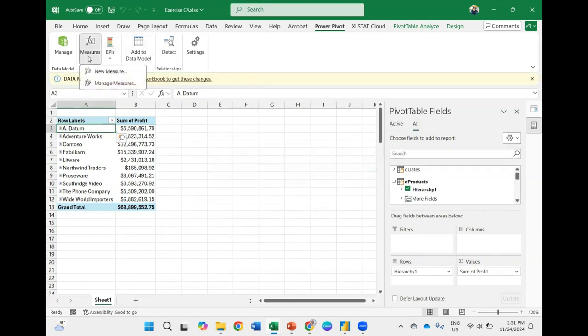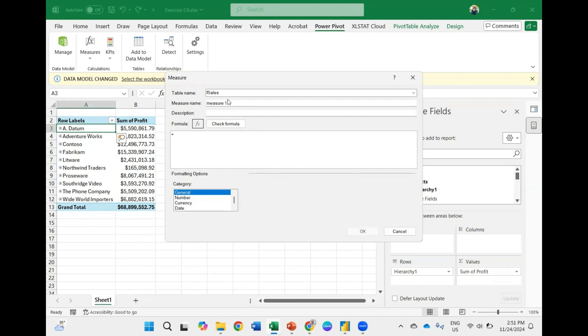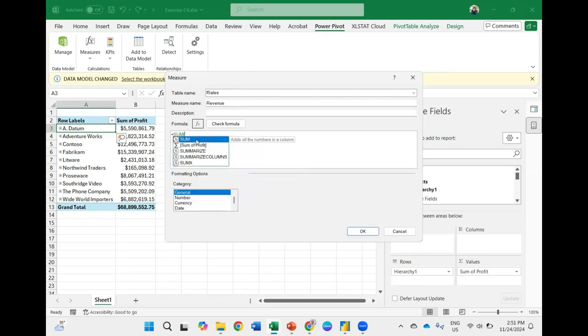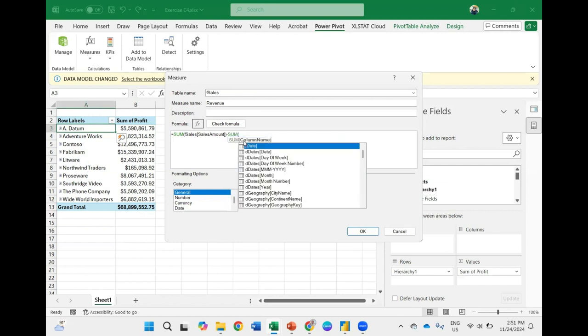Okay, new measure. Sum of sales amount minus sum of sales return amount.